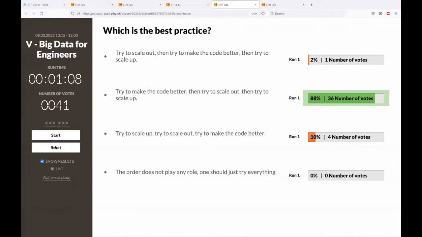Try to improve your code. Maybe there are inefficient parts in your code somewhere that you can make better. And once you have done that, maybe it will even fit on one machine and you don't even need a cluster. If it still doesn't suffice, then you can scale out by adding plenty of machines. This is what we saw that there are in the data center. You can just use even 10 machines, 100 machines, 1,000 machines. And then you can try to scale up, also have machines with more cores, with more memory. That's also a possibility, right?